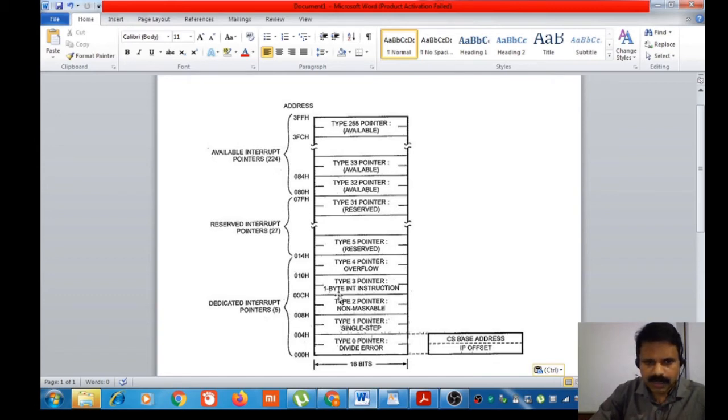Let us see how this INT n instruction works. In instruction INT n, n is the type number. 8086 can recognize 256 different types of interrupts, so n is the type number. That type number will be multiplied by 4.